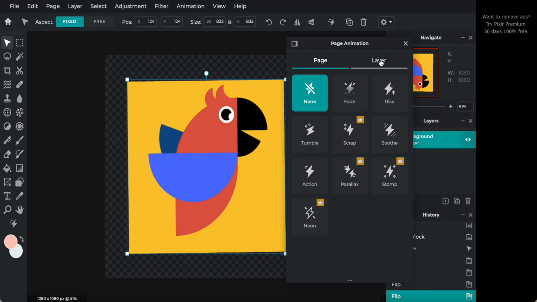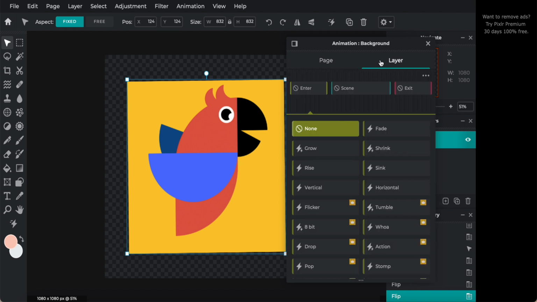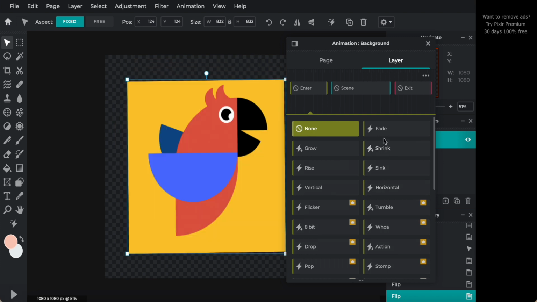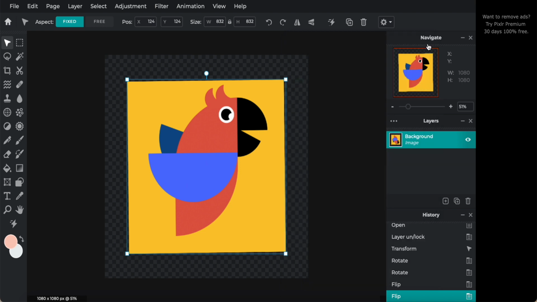So how about the layer? Layer means those vertical, horizontal, fade layer animations for the background. But today I'm not talking about this topic, so we just go back to this arrange